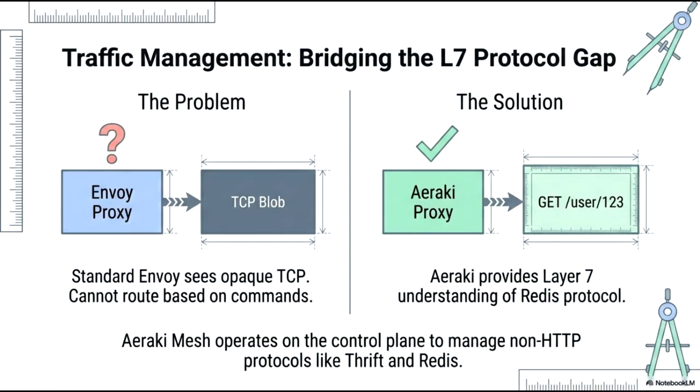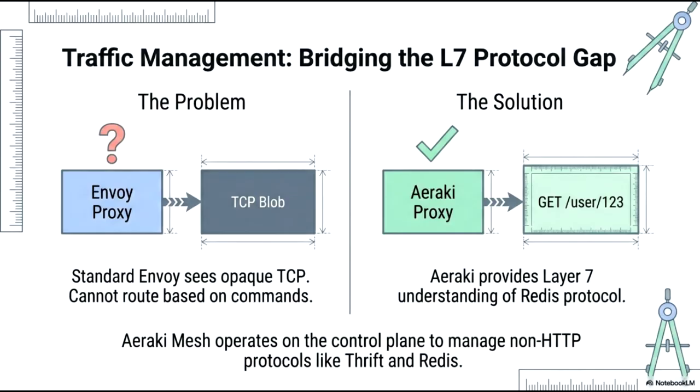Ambient Mesh addresses this limitation by bridging the L7 protocol gap. As shown in the solution on the right, it provides the proxy with deep protocol awareness. Instead of seeing generic TCP data, the proxy can now identify specific commands, such as a Redis GET request, allowing